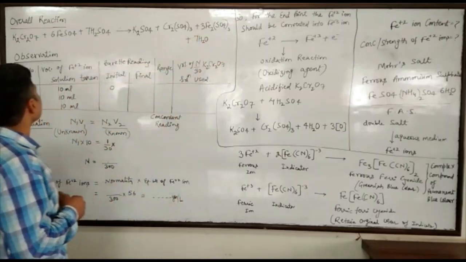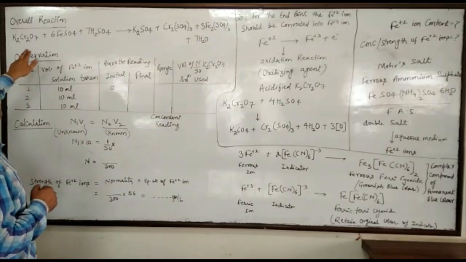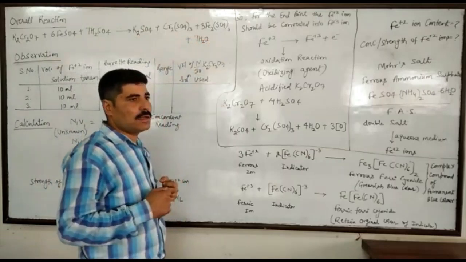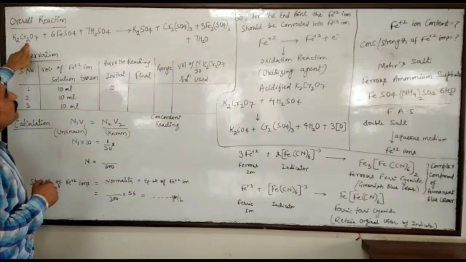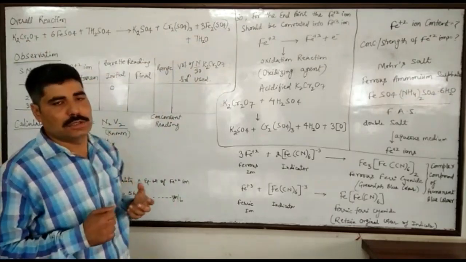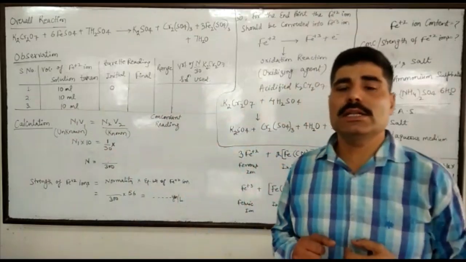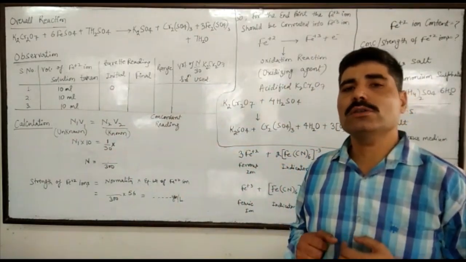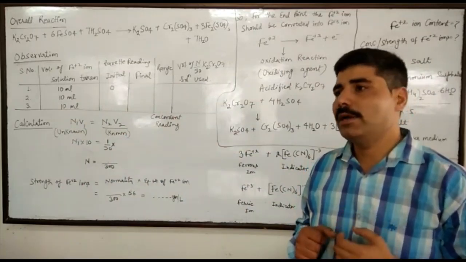Now this ferrous ion is converted into a ferric ion. It gets oxidized, whereas the chromium ion gets reduced. So the oxidation and the reduction both take place simultaneously, and that's why the name of the titration is redox titration, because in this titration the reduction as well as oxidation both take place simultaneously.